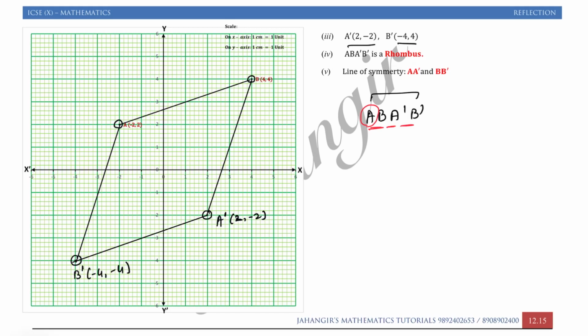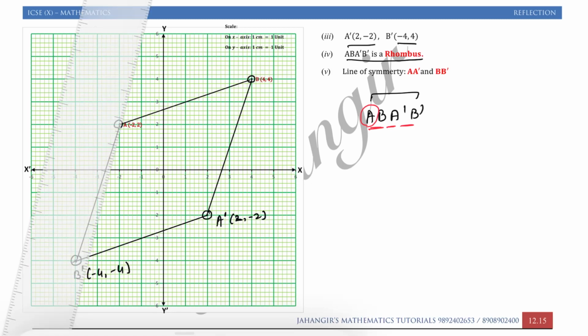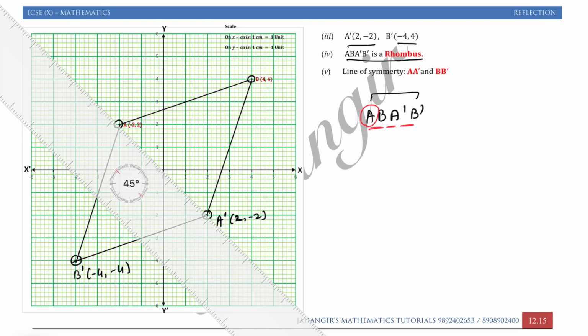So what is the geometrical name? The geometrical name will be rhombus. You can just check all your sides with a scale. If all sides are equal, it can be either a square or a rhombus. But we can see the angle between two consecutive sides is not 90 degrees, so it is a rhombus. Now line of symmetry. Line of symmetry is the line which divides the whole diagram into two equal parts. You have learned about symmetry in drawing. A symmetrical line is the line which breaks the whole diagram into equal halves.